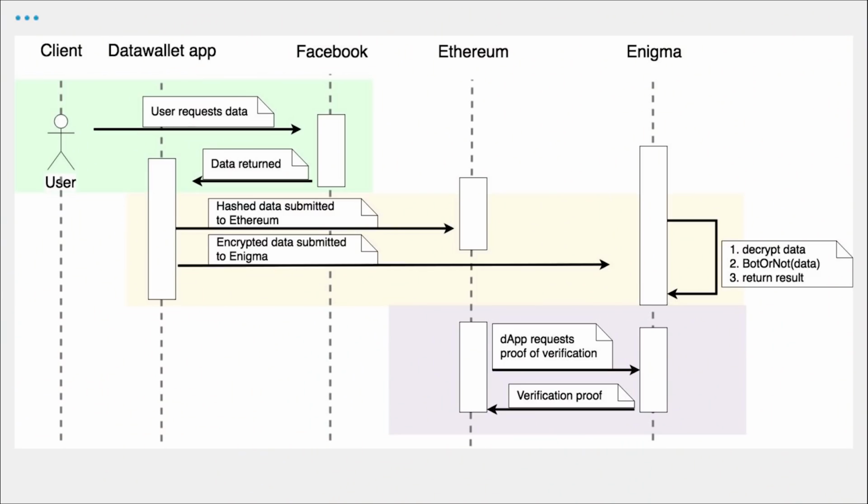We use libp2p for the communication between nodes, and we also use it for storage. So we have our own local IPFS type of storage inside of our network. Essentially, we create the transaction on Ethereum with the hash, and we submit the input to a node of Enigma, and then